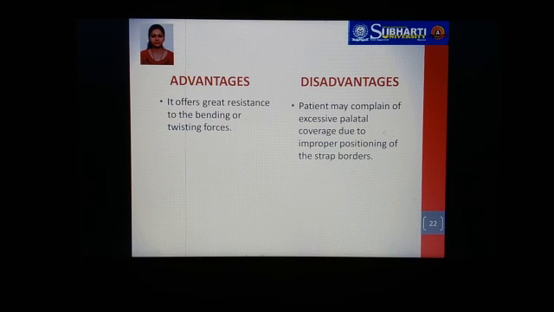So what are the indications? When numerous teeth are to be replaced and when a palatine torus is present. The palatine torus is going to be present in the middle portion. So whenever we see there is a palatine torus which cannot be removed, or the patient is not willing for the removal, we give this type of design where we have an anterior strap and a posterior strap.